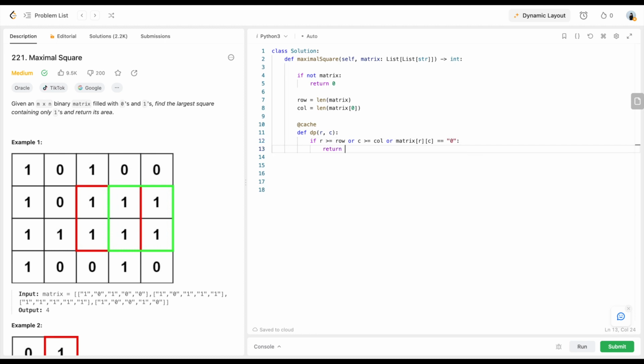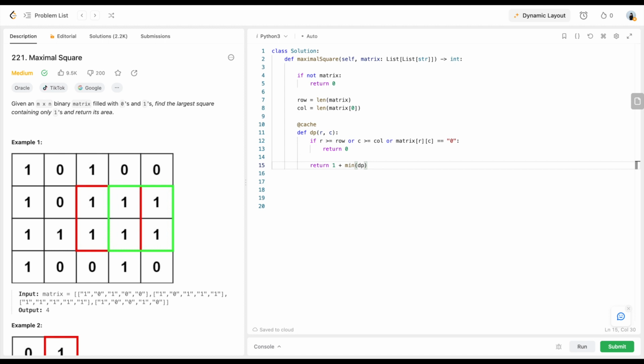For these cases, we want to return 0. That would be our base case. And otherwise, it means it's within boundary, and also it's a 1, so we would just return 1. Plus, we want to check the surrounding 3 grid positions to see that they're all ones, right? To check that, if any of them is a 0, then it wouldn't make it a square, so we have to check the min of